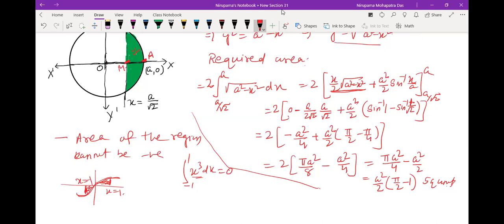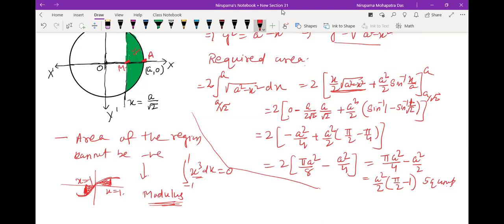If you just take this portion, the value will be negative, and the other value will be positive, but both of them are equal. If you add both the portions, you will get 0. But area cannot be negative, so we do not take this area as negative. Whenever you see such cases, you can take the modulus. Since the area of the region cannot be negative, it is always better to assign a modulus sign to the value of the integral.